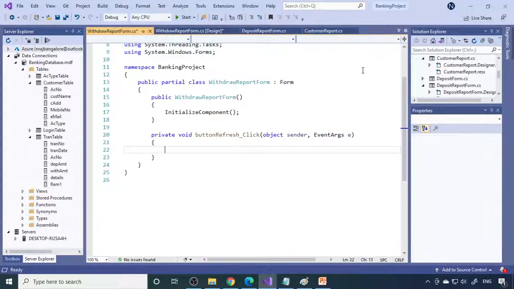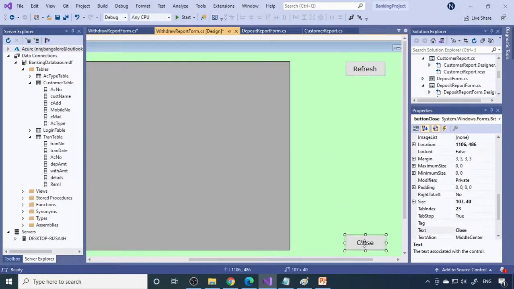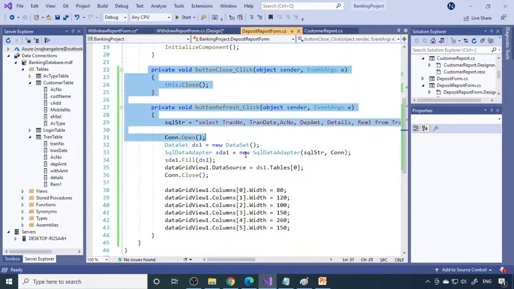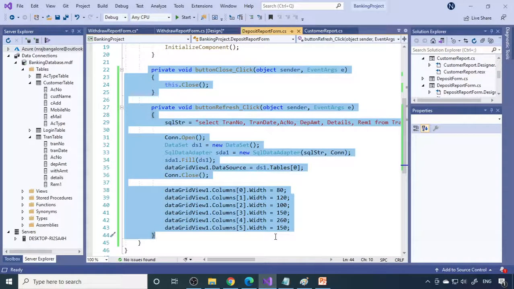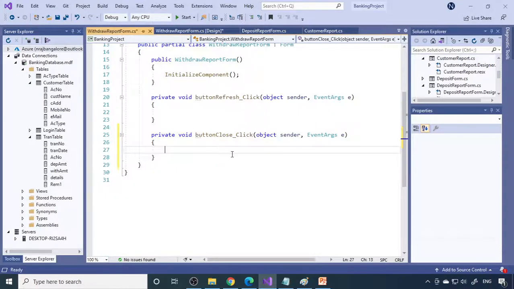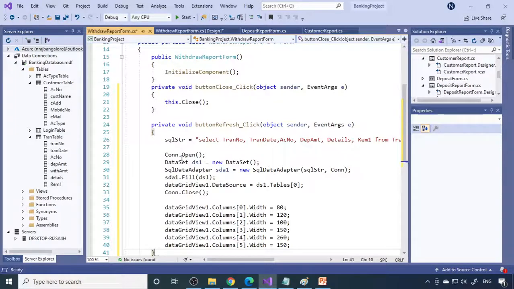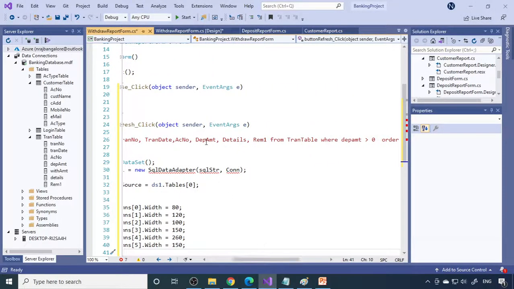Now writing the code for this is much easier because we already wrote it for the deposit form. So the same code will do the job. I can copy this and paste it over here. Select both the events and then paste it. The only changes we require are the withdraw amount and then withdraw amount, so you need to change just two values.